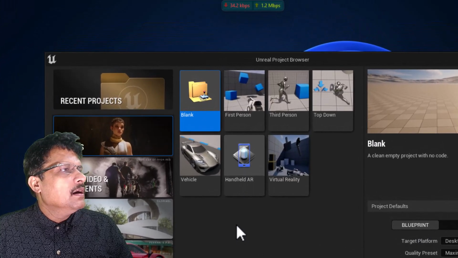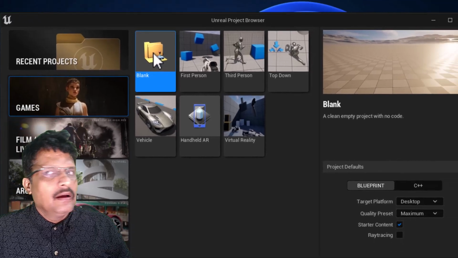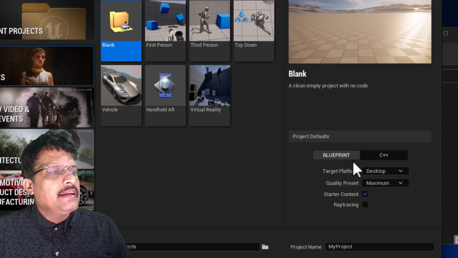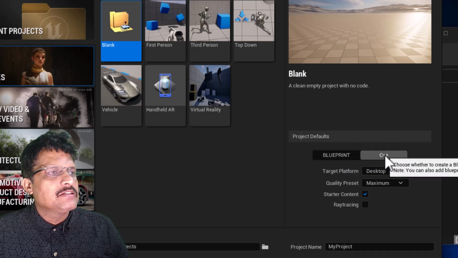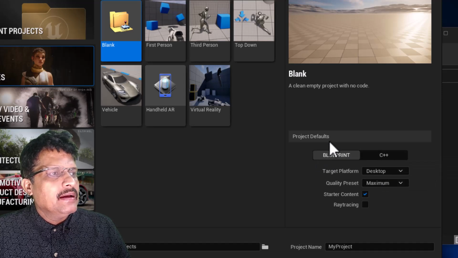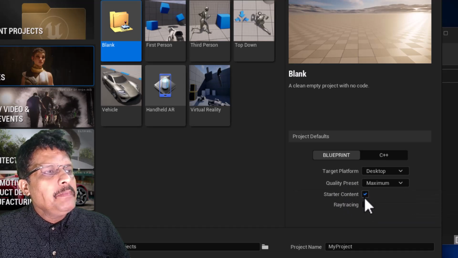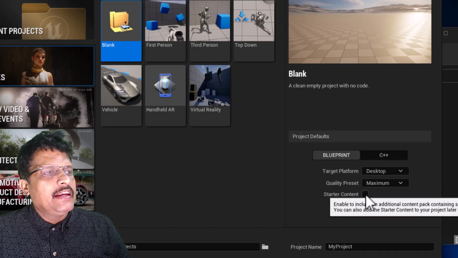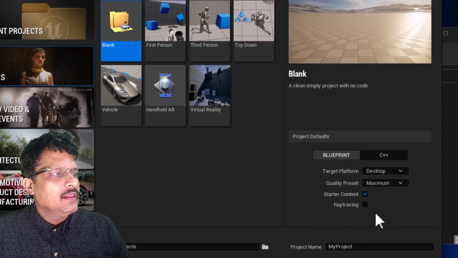Let us start with a blank project, and in the project settings you will have two kinds of coding settings, blueprint and C++. Right now let us keep it at blueprint, and since you are launching it for the first time, enable the starter content so that you will get some assets to work on.